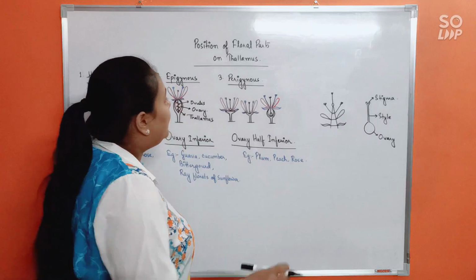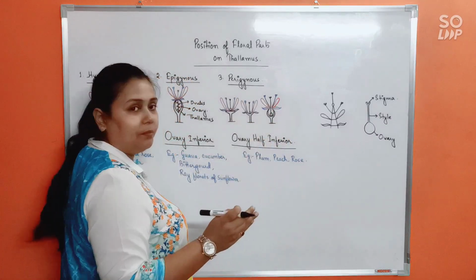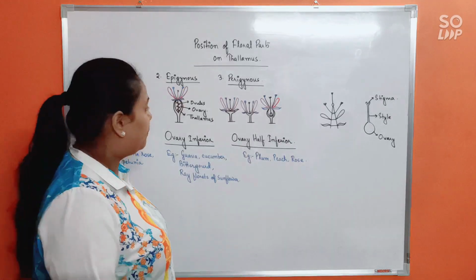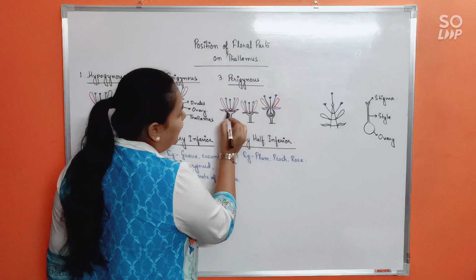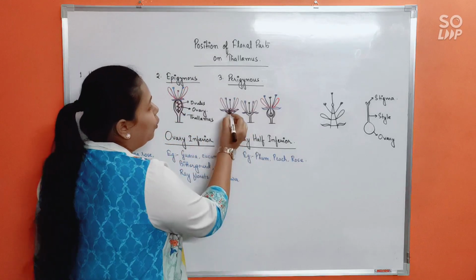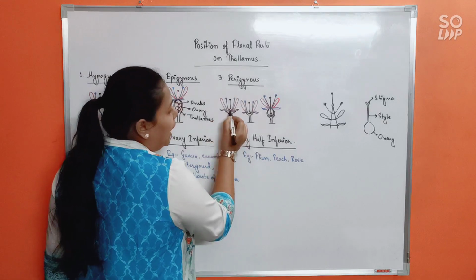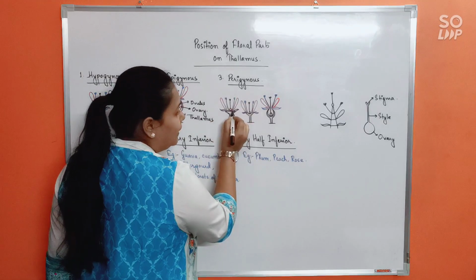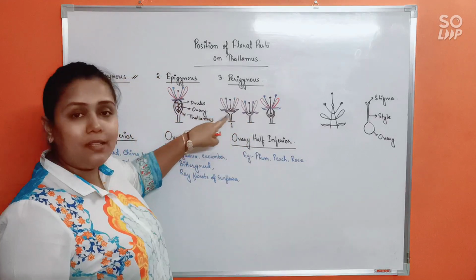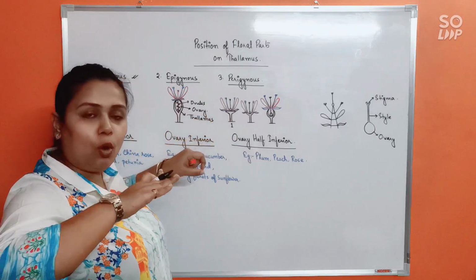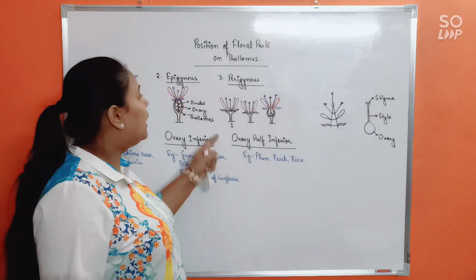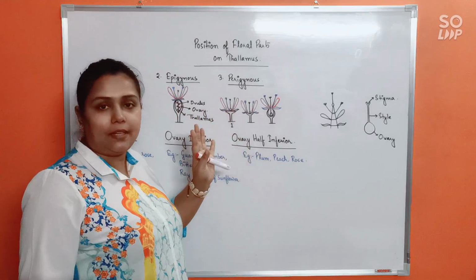Understood? Now this can be happening in three different manners. In a flower which is perigynous, three types of conditions may arise. In the first condition, you can see that the thalamus here is flat. It is flattened and the ovary is at the center and the rest of the floral parts are also at the same level. So in this diagram, it is easy to understand that all the floral parts are at the same position. None of them is below or above the others, they are all at the same level. That's why it's called half inferior or perigynous condition.